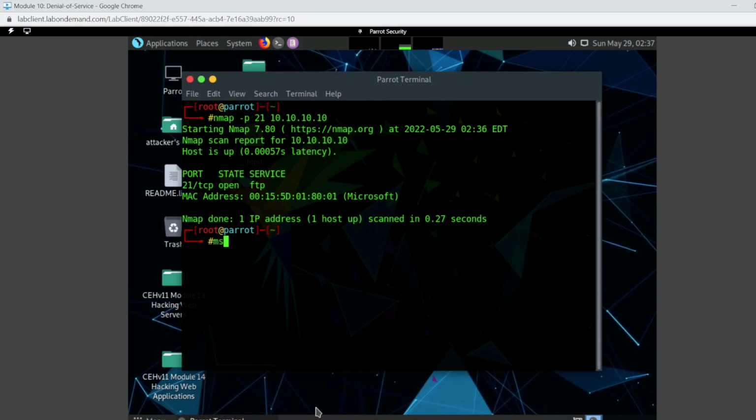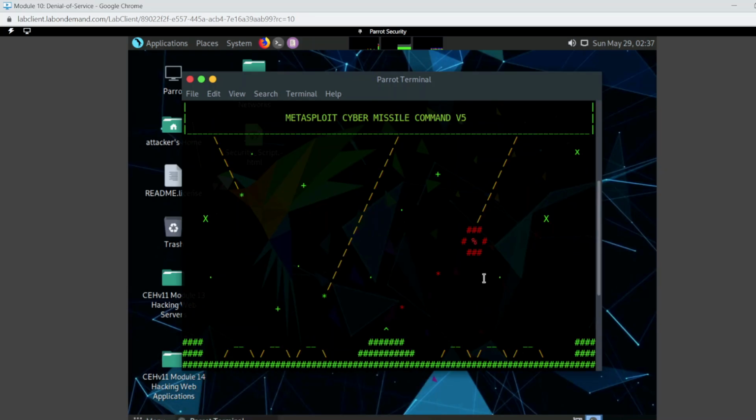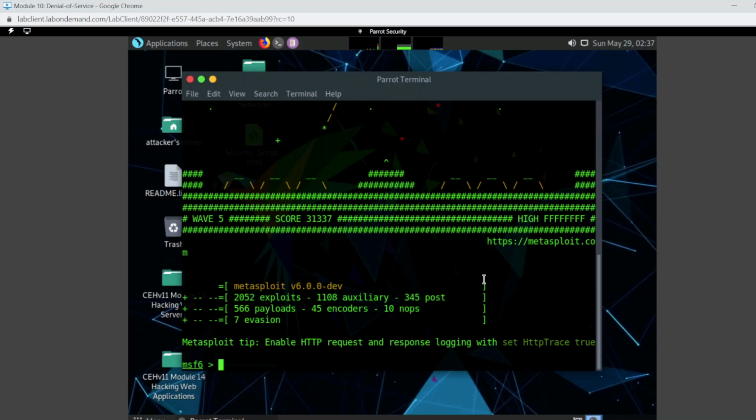To do that, we'll open up our Metasploit framework console. And we should get a pretty nice graphic. Let's scroll up and look at that. You always got to appreciate how much work they actually put into Metasploit. So after that, there are a good bit of commands that we actually have to enter. First, we're actually going to say use, and we're going to specify,